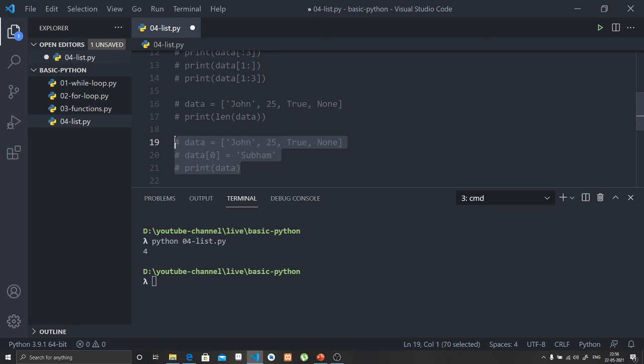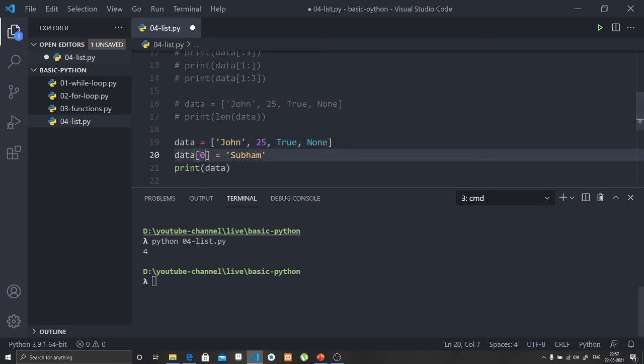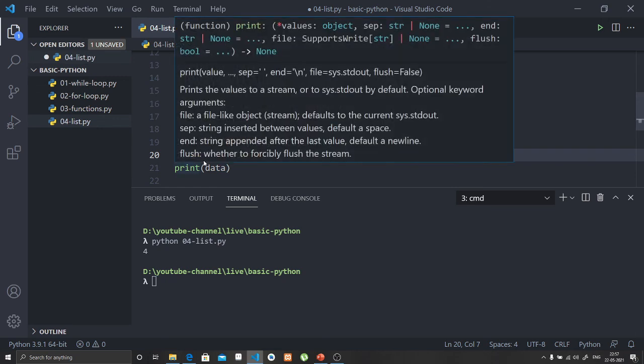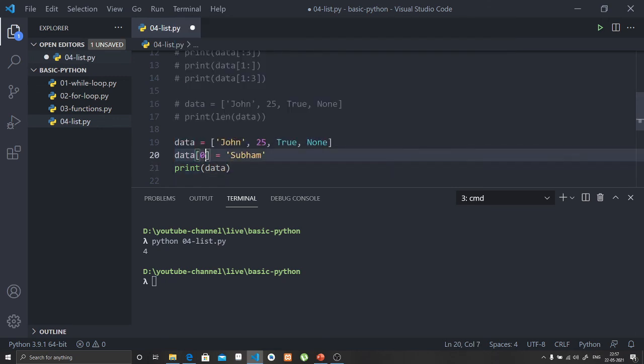The last example is that we will change the value of the list using the index operator. I am changing the 0th index, so the name John will be changed to Shubham.